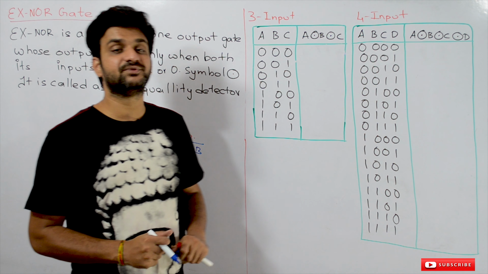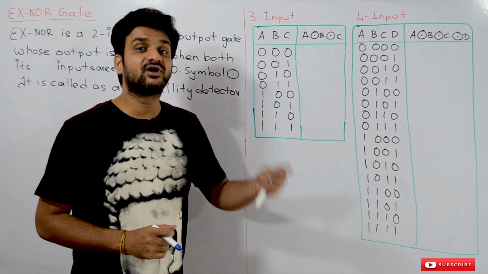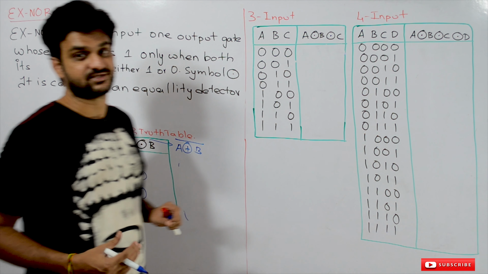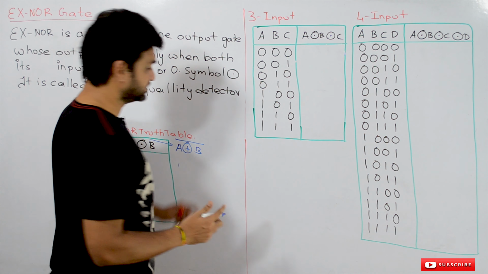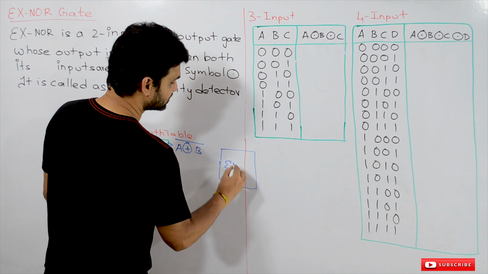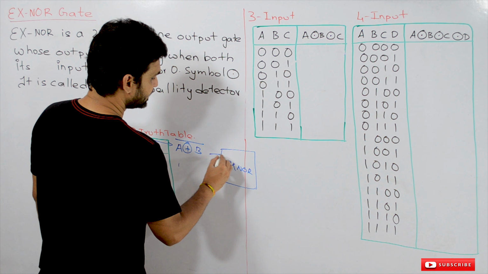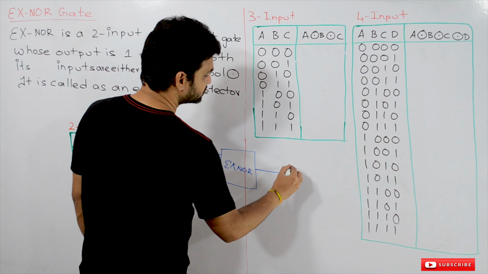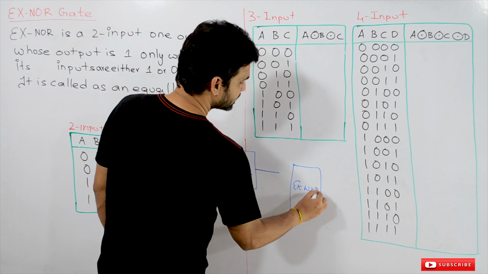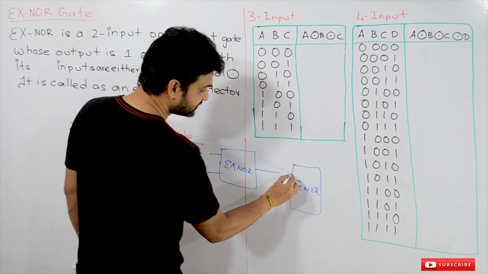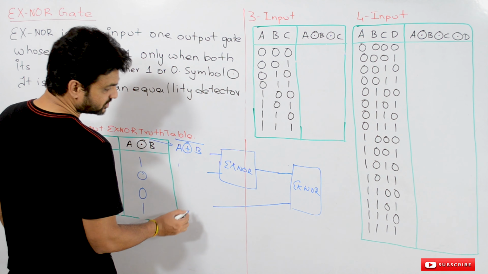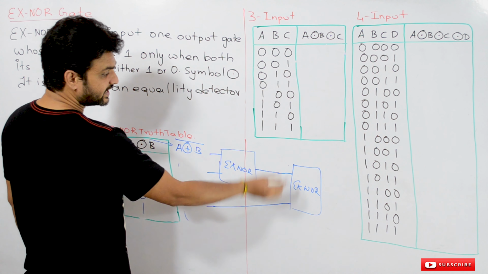How to create a 3-input XNOR gate? An XNOR gate with 3 inputs can be created by using a number of XNOR gates. How it will be done is, for example, if you consider this as an XNOR with 2 inputs, the output of this will get connected to another XNOR, and one of its inputs is getting connected to that output, and the other input is going to be the third input for this entire circuit.